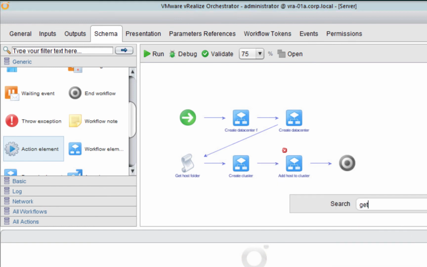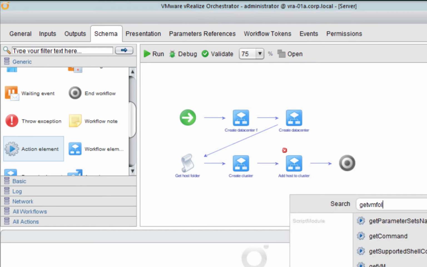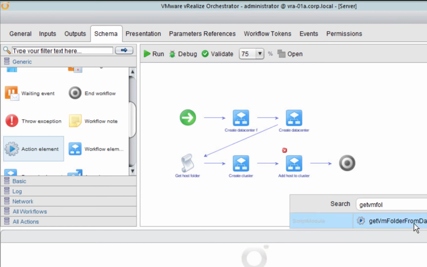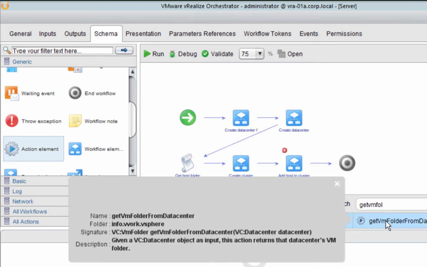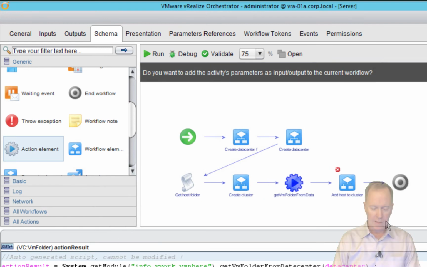So what are we going to call? We're going to call get VM folder from data center. Single click it, double check. Yep, that's the right one. Double click. And we need to hook it up. Again, when you hook up an